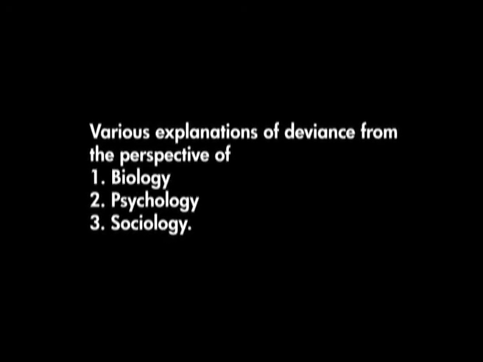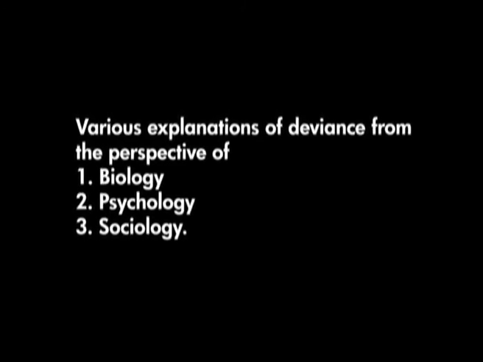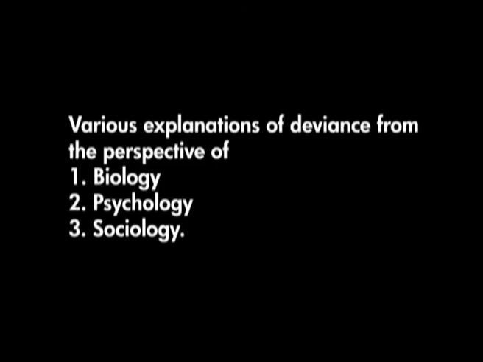We raised questions on what causes deviance. We outlined various explanations for deviance and differentiated the explanation of deviance from the perspective of biology, psychology, and sociology. In sociology, deviant behavior is seen as a consequence of certain aspects of the culture and the social structure of the society. In the last section, we saw various examples of socially deviant behavior. We listed a few of the common examples of socially deviant acts. They are suicide, abortion, prostitution, homosexuality, and drug abuse.